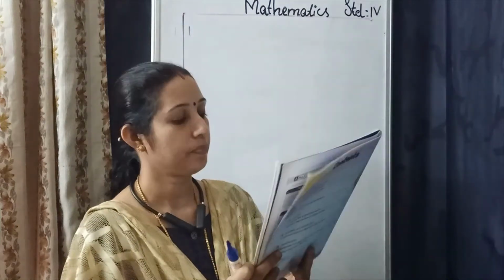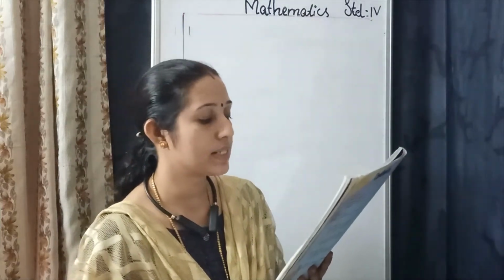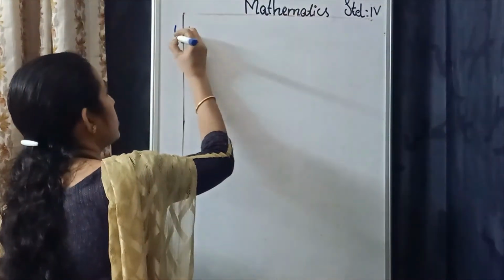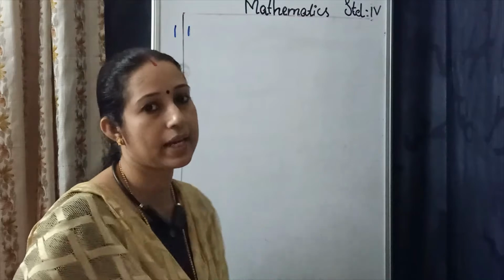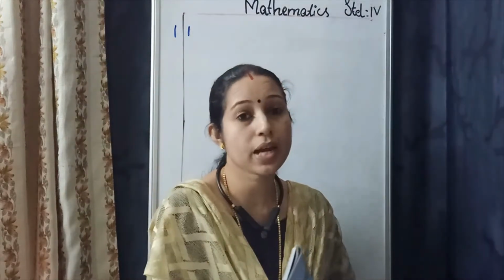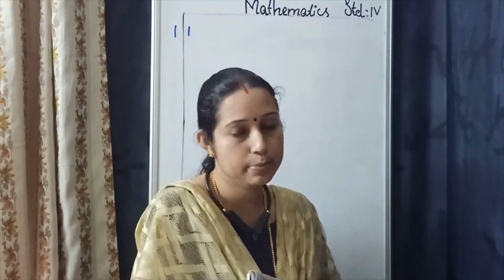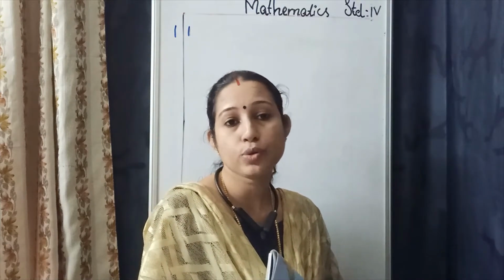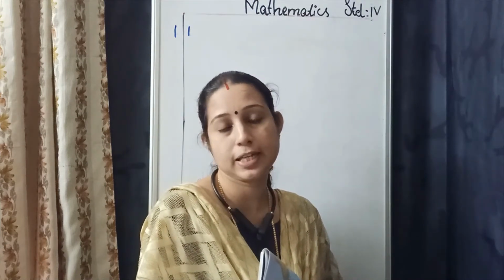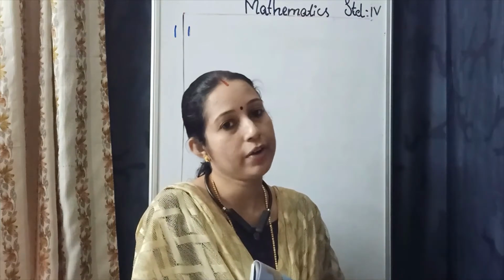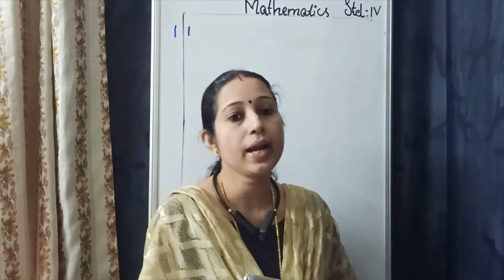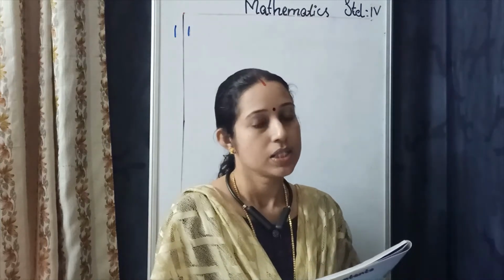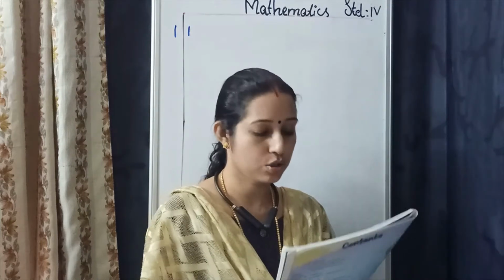Some questions are: the number of squares in a given figure is dash. Then no doubt the answer is 1, because in a diagram set, what is a diagram? A diagram is a Chinese puzzle, that is, a square divided into 7 pieces. The pieces are 5 triangles, 1 square and 1 parallelogram. So a diagram set consists of 1 square.